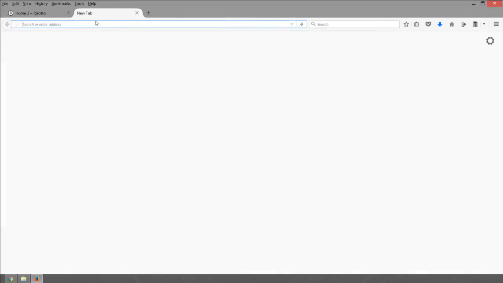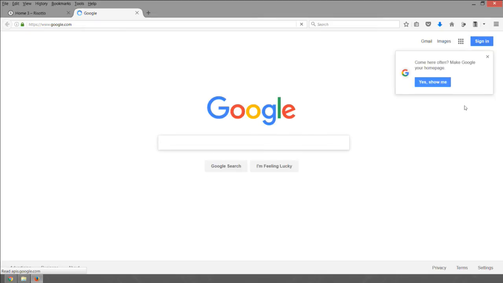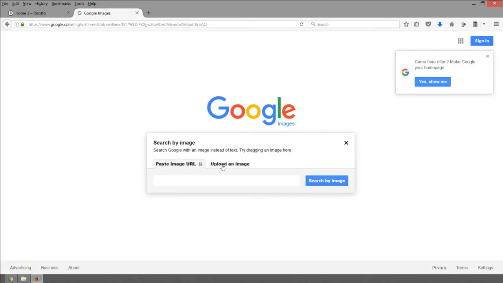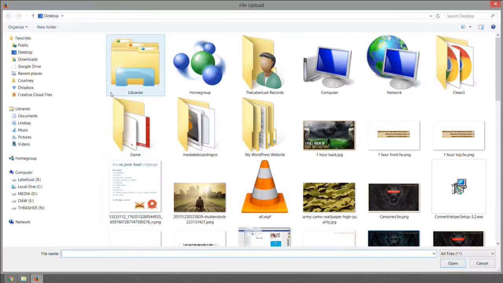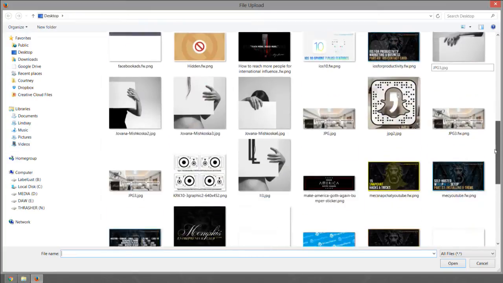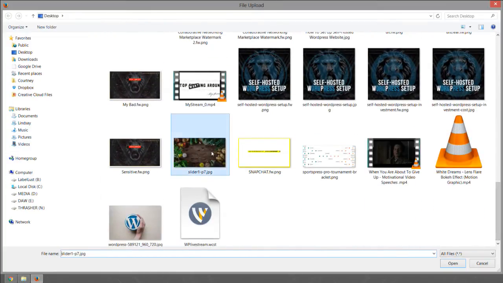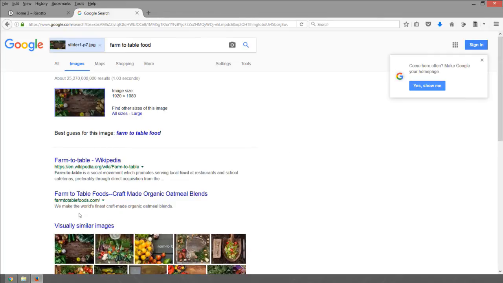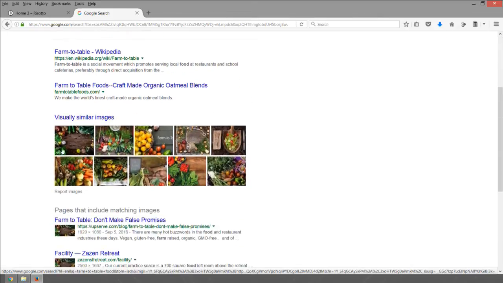I'll go over into a new tab, go to Google. I'll click on images in the top right hand corner. I'll click on the search by image icon, which is a camera, upload image, browse, or you can drag it from your desktop. And I'm going to find that image we just saved and upload it. So, very similar images. The best guess for this image is farm to table food. Pretty cool image, and the first image I see is